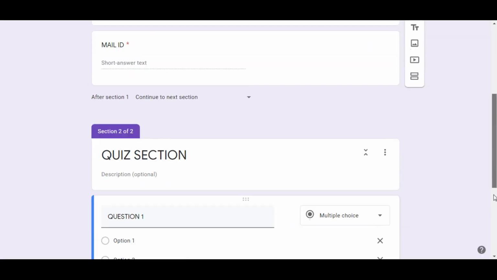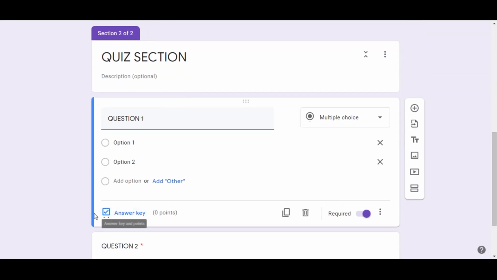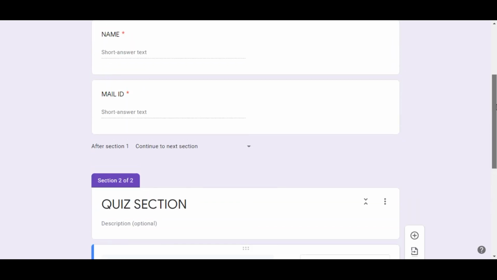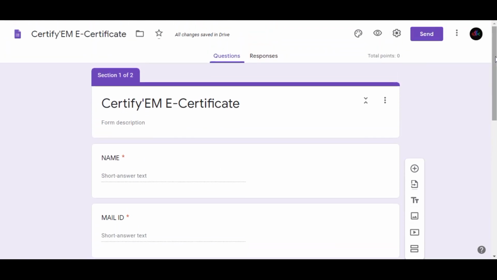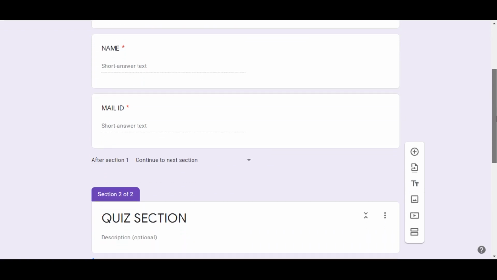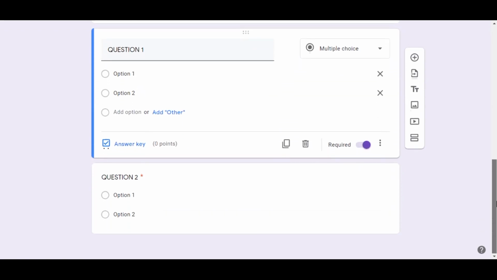Now we can check. Each and every question will have this extra option called answer key and the number of points for the question. If your quiz toggle button is off, this will not be a quiz anymore. This is just a form to collect data. If you toggle the quiz button on, it will automatically give the scores if the user gives the correct answers.